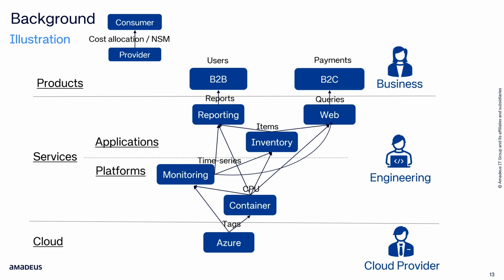We can see there are two categories of NSMs. The NSMs of the platform and application services measure a technical footprint or activity. That's why they are commonly called technical NSMs. Technical NSMs are defined and tracked by engineering teams for cost efficiency purposes. On the other hand, the NSMs of the product measure business volumes. That's why they are commonly called business NSMs. Business NSMs are defined and used by business units to take business decisions.